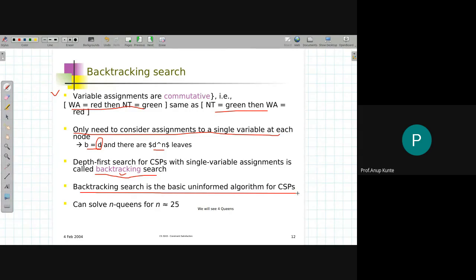So that can easily be solved. So this is what this particular algorithm is good for. So I can solve any problem where n is between 4 to 25.